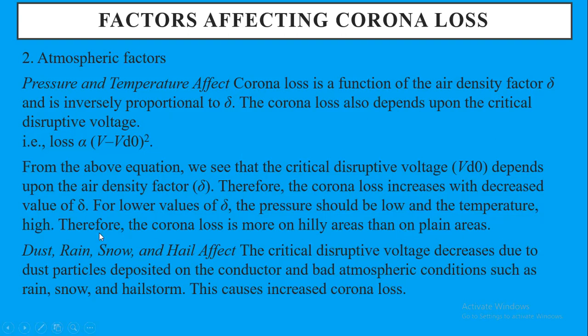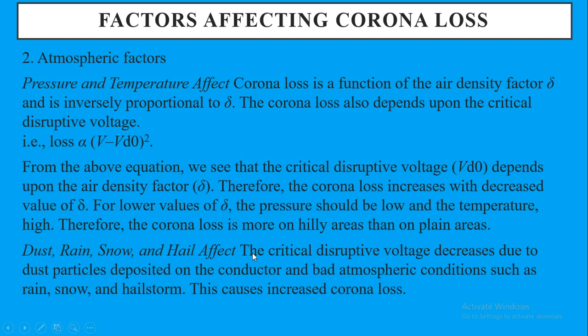Dust, rain, snow, and hail affect the critical disruptive voltage. It decreases due to dust particles deposited on the conductor, and bad atmospheric conditions such as rain, snow, and hailstorm. This causes increased corona loss. So you can say